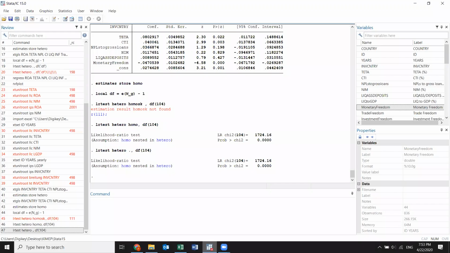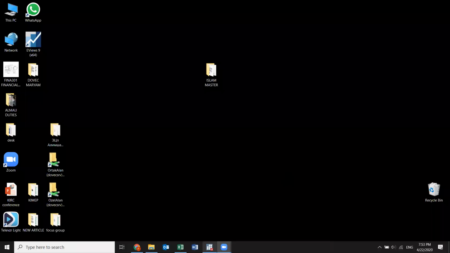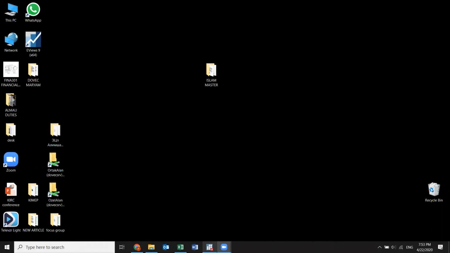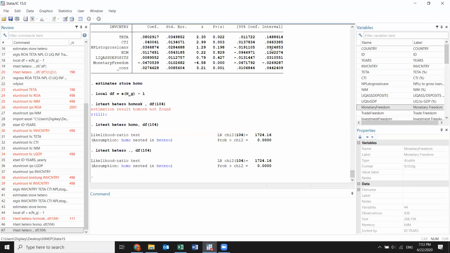Stata. There is something that I want to share with you, and I want to give you a guideline on what you should do in empirical results, what kind of analysis you should come up with, and what kind of test you should do before running any empirical analysis. So basically, in Stata, when we do any empirical analysis, in any research, the first thing that you should be doing is the test